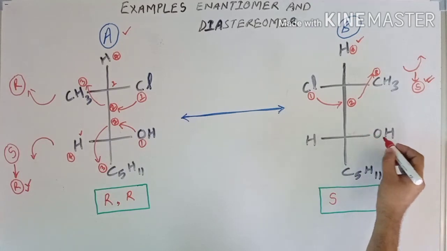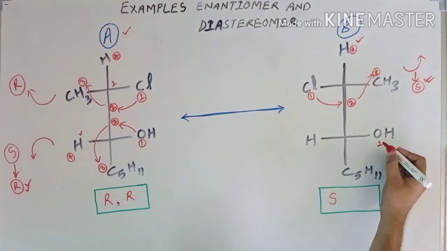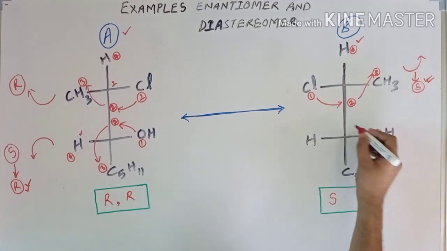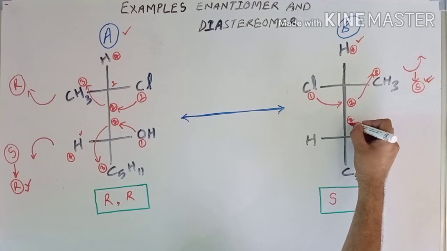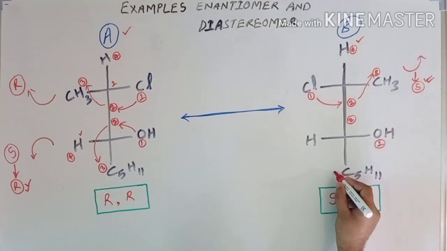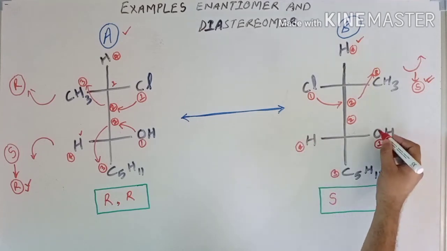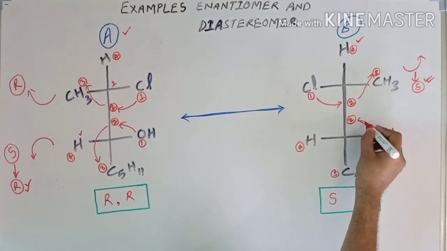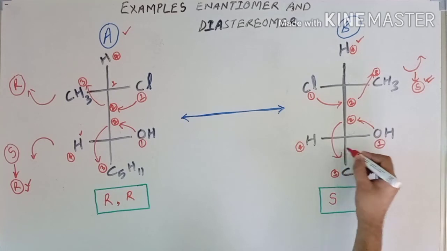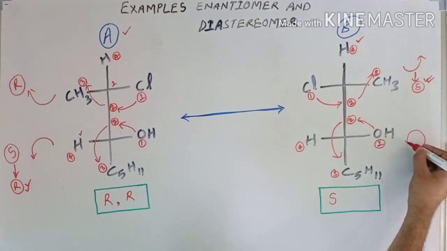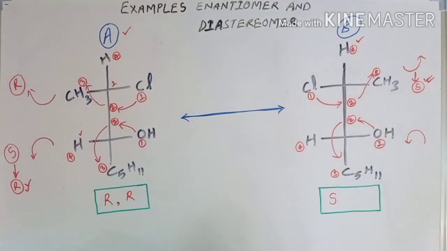This carbon has directly attached oxygen, highest atomic number. So priority 1 goes to this. Now second priority goes to this carbon, third priority goes to this, and fourth priority goes to this. We will draw again an arrow from 1 to 2 and from 2 to 3. Now you will see arrow goes in this fashion. So this is what? Again anti-clockwise. So anti-clockwise means according to CIP rule, its configuration may be S.